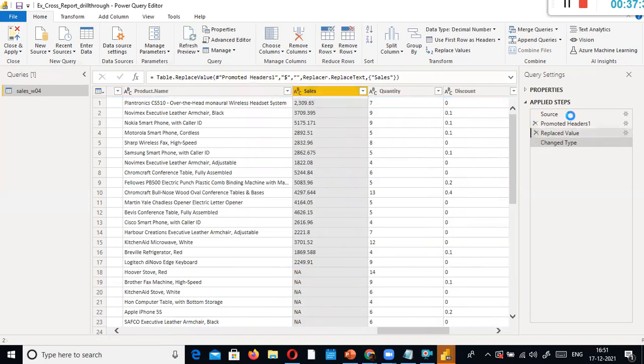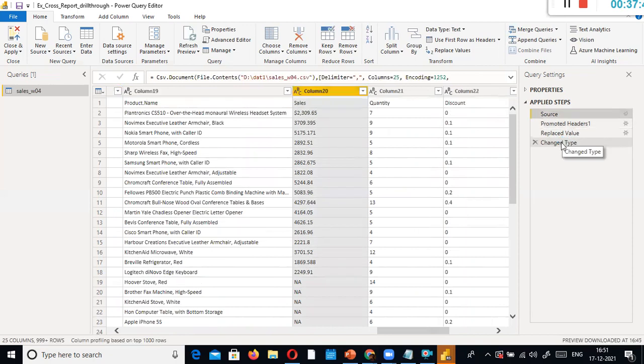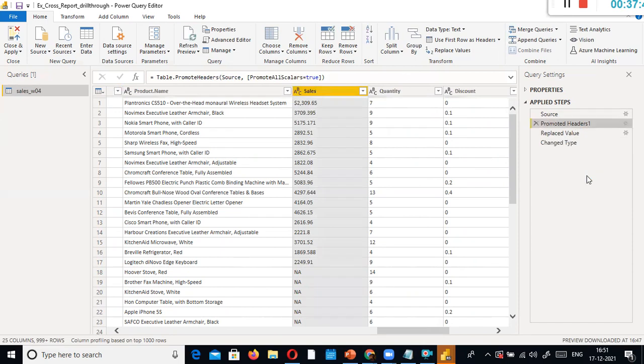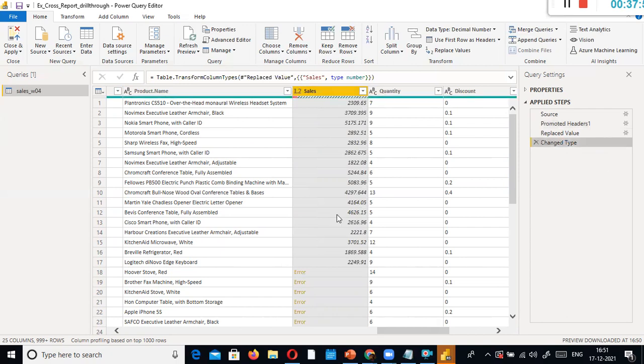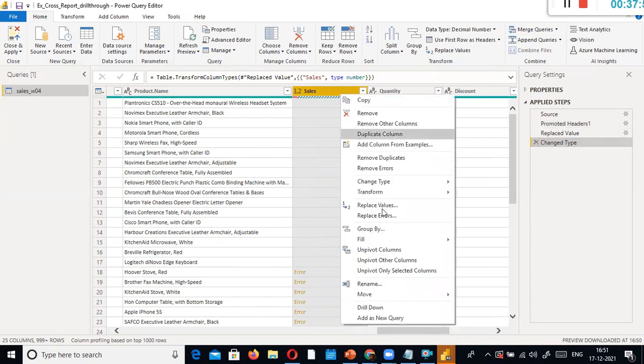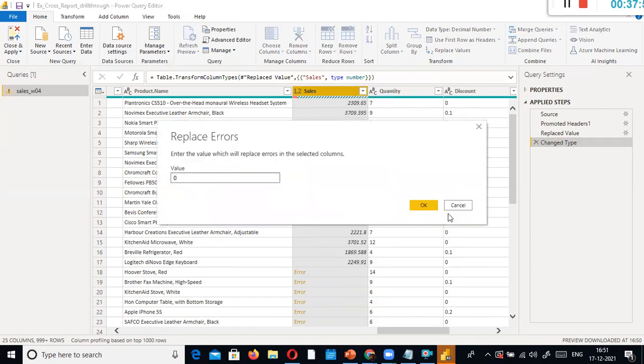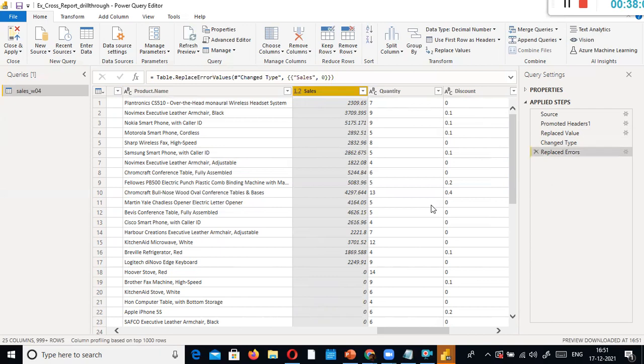Okay, now let me go here. Yeah, that error vanished, right? Somewhere in between the steps got moved. Okay, and now I change the type here, and for this error, I right click, replace errors by 0. Wherever the errors are, 0.